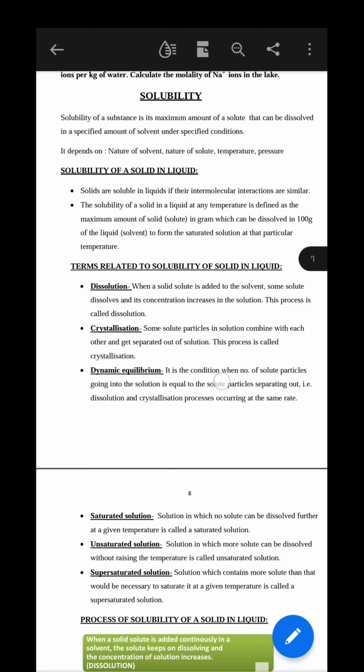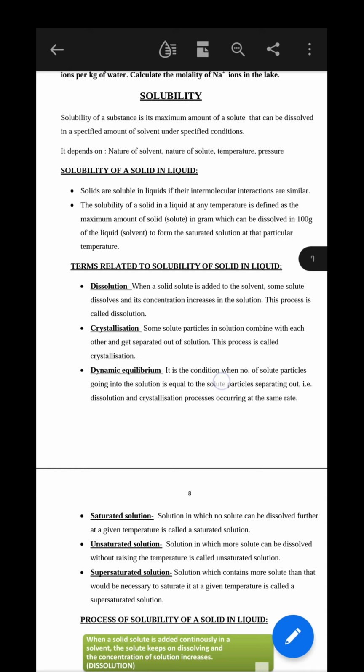Now let's talk about solubility of a solid in a liquid, that is, how a solid is soluble in liquid. Solids are soluble in liquids only when their intermolecular interactions are similar. Now the solubility of a solid in a liquid at any temperature is defined as the maximum amount of solute in gram which can be dissolved in 100 gram of the liquid to form saturated solution at that particular temperature. So before moving into the topic, let's first discuss some related terms